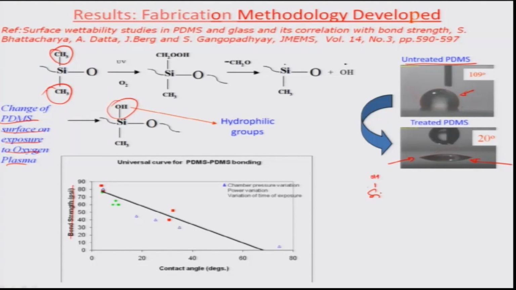So, if I were to plot the bond strength, the idea here is that if I had two such layers of surfaces which I would bring in close proximity or hold close to each other for some time, there is going to be a tendency of H2O to get generated and an irreversible bond getting formulated between the Si on both the upper surface as well as the lower surface. So, there is a silanol linkage, an Si-O-Si linkage, which happens at the behest of the water molecule which gets escaped from the